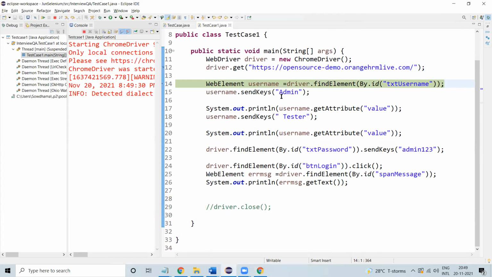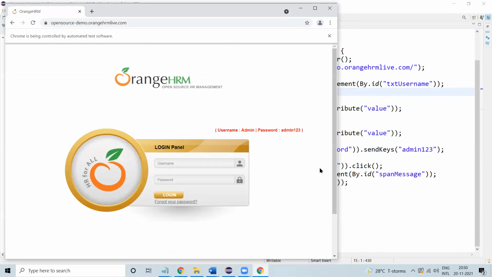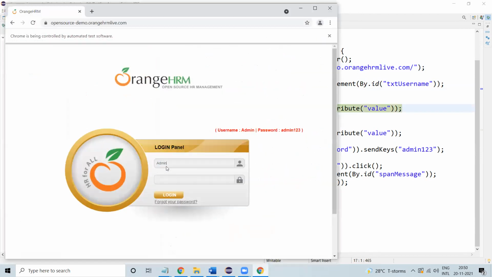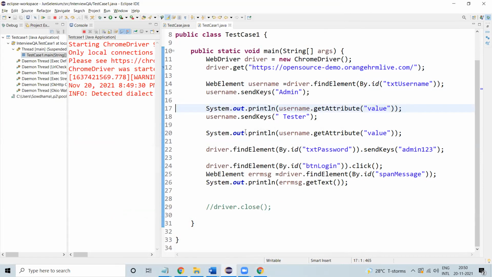Now if I click F6, it should enter the username, right? See, it entered the username. Now if I click F6 again, it gets the attribute value, and the value is printed over here.